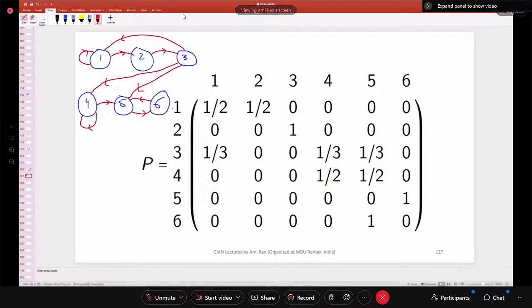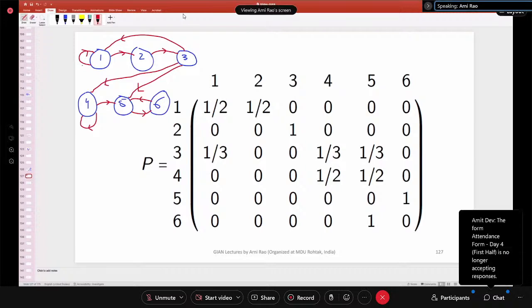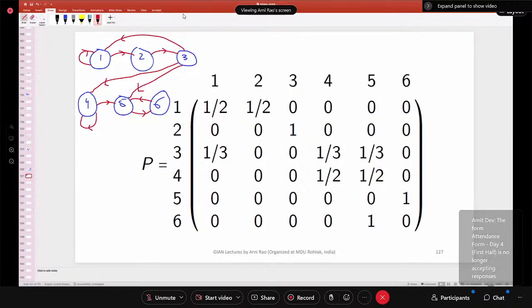Similarly, leaving any other state, it can come back, but we are not sure. Leaving 1, it can go to 2, 3, with some chance of coming back, but infinitely many times it may not come back. That's the catch point here. That's the distinction between a transient state and a recurrent state. So that's why leaving 4